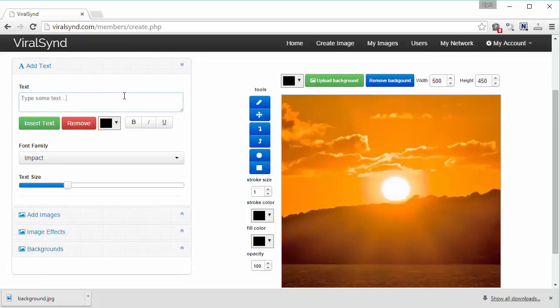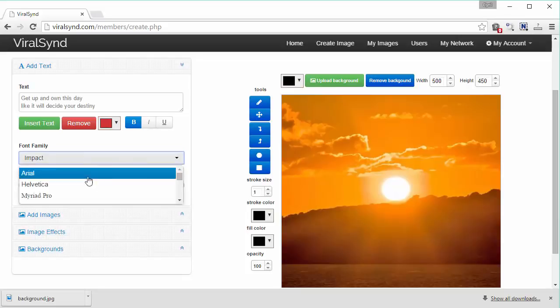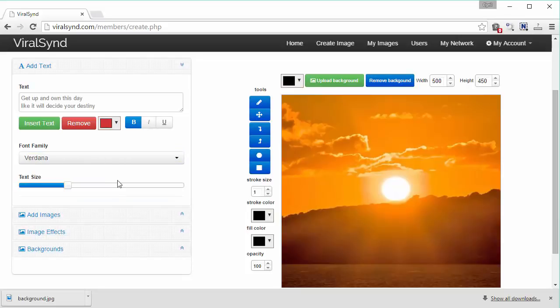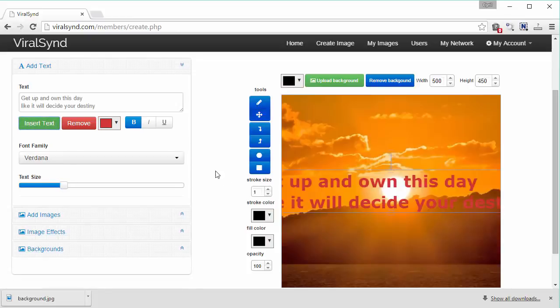Now let's use the quick text editor to add some text to it. Type in your text here. Let's put in something. Okay, so we have some text and I'm going to break it in 2 lines. All right. And you can do some things like you can change the color if you want. You can pick any color you want, or you can make it bold or italic or whatever you want. You can even change the font family. Let's go with Verdana. You can change the font size, or whenever you're ready, just click on insert text and